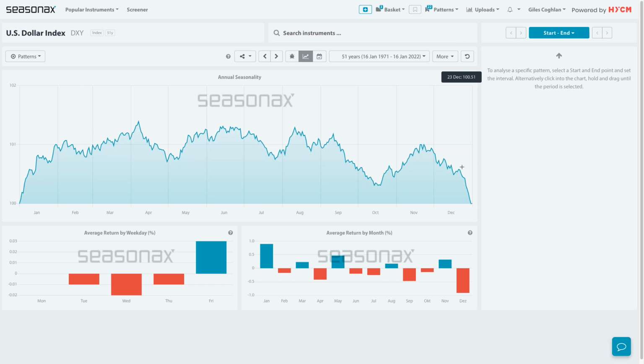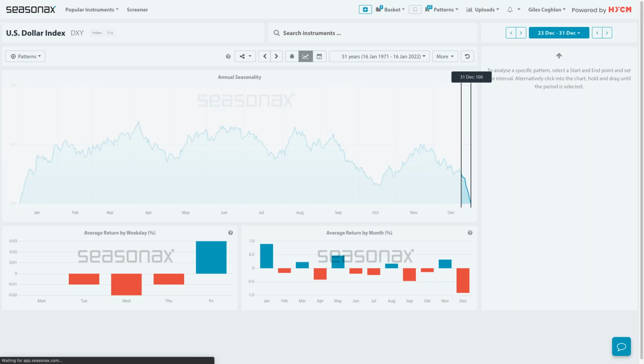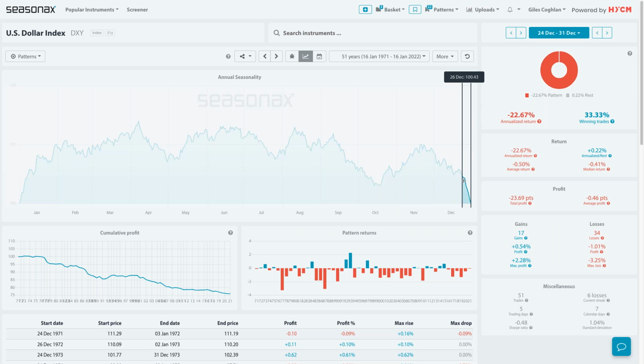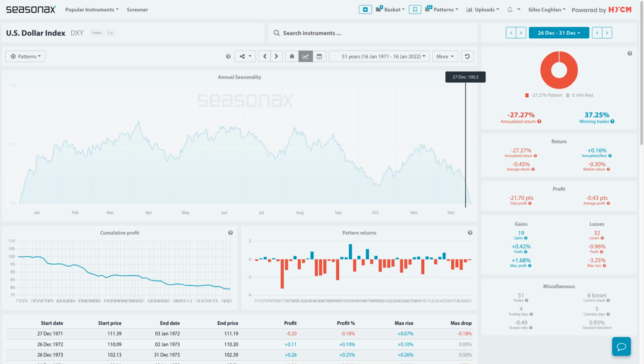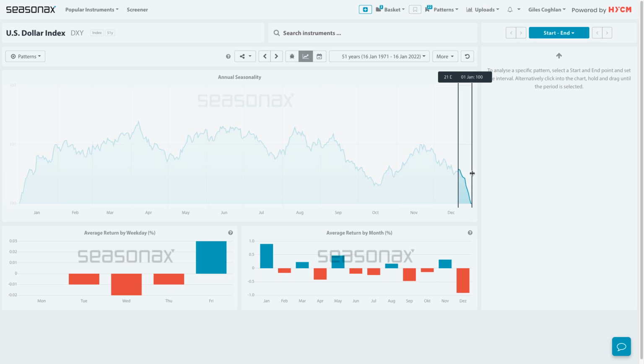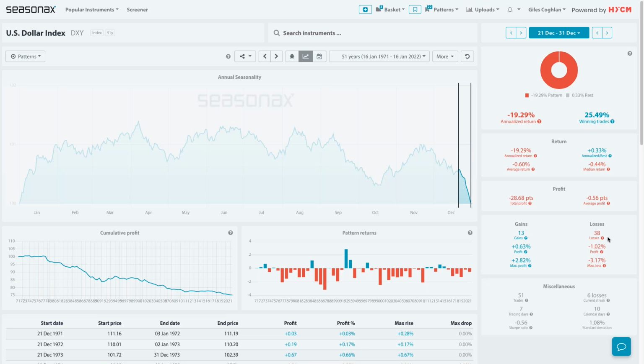Now, it's not always true, but if you look at the 23rd of December to the 31st of December, 36 times the dollar's lost value. And the closer you get to the end of the month, the better that trend becomes. If you're looking at really tight, just the last few days, it almost always falls. And if you take it from the 20th of December to the 31st, that's 38 falls over that period. So it really does show you there is a predisposition.